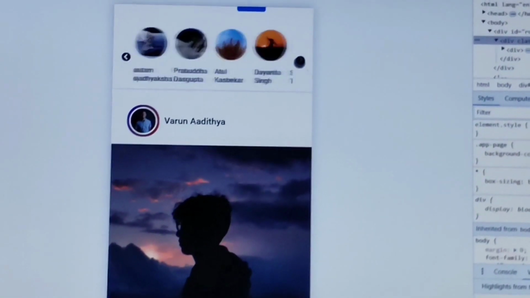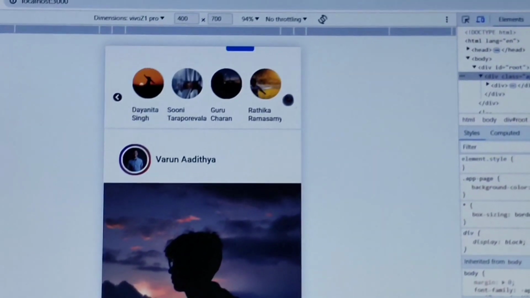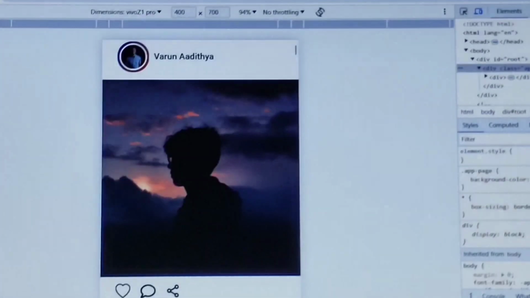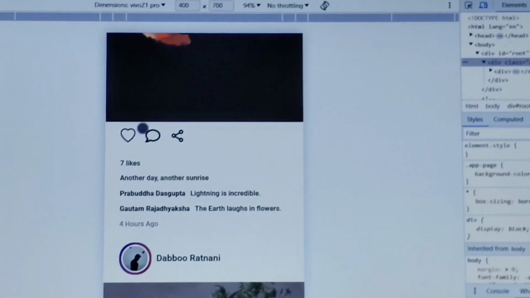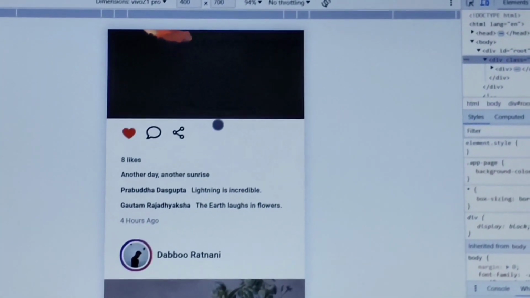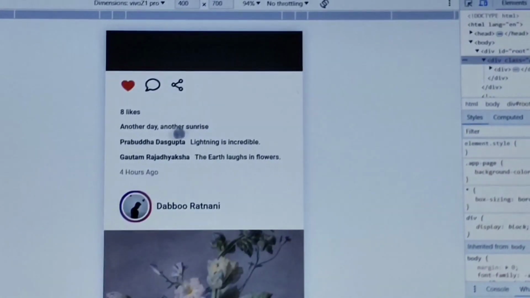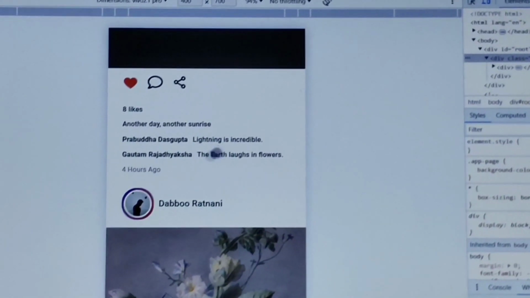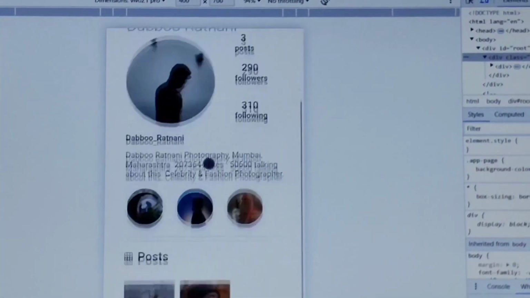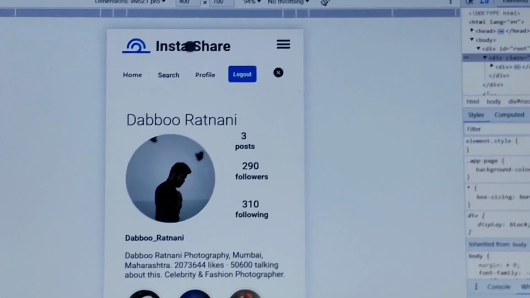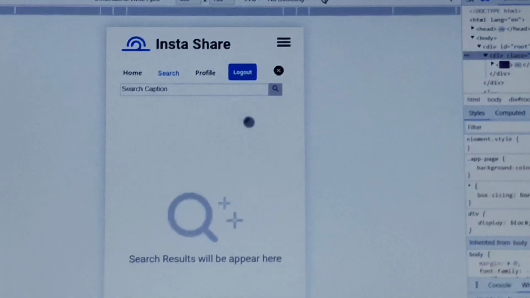Now I explain again this project briefly and the technologies used. First, HTML, CSS, JavaScript, Bootstrap, React.js, the third-party package React Slick, and Figma. All these technologies are used to develop the React mini project InstaShare clone. Now I explain the project details again.